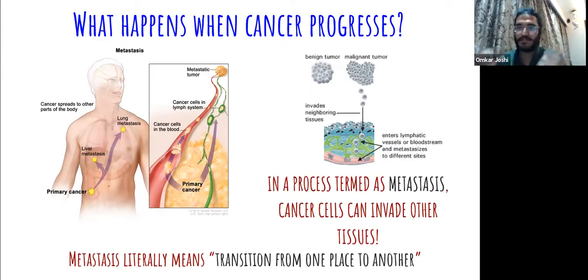There are mutations which promote their growth. There are mutations which allow them to proliferate regardless of what is happening. But the question then is, what next? What happens if this keeps happening? Eventually what will happen is the cancer cells will develop properties which allow them to infiltrate other tissues.